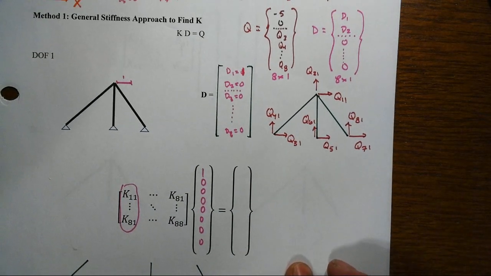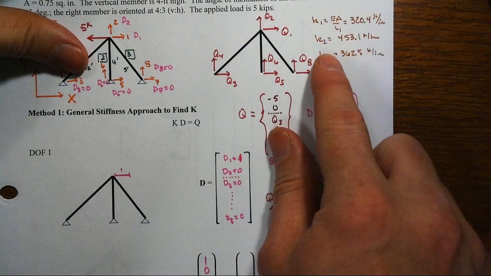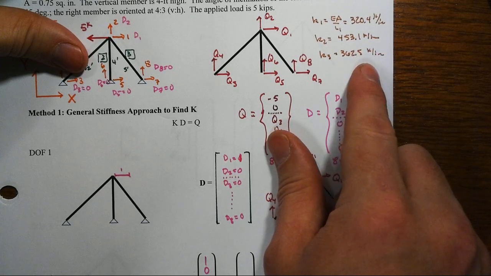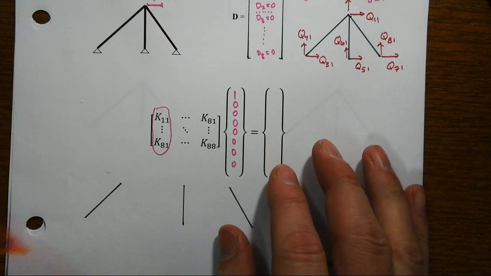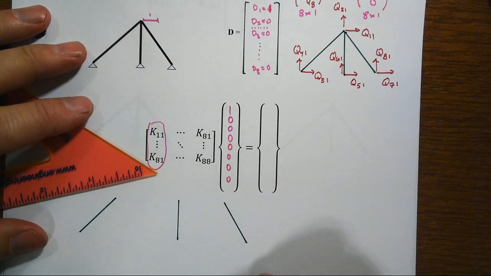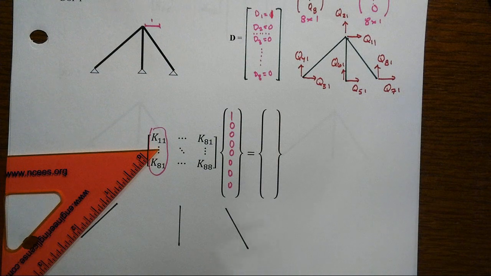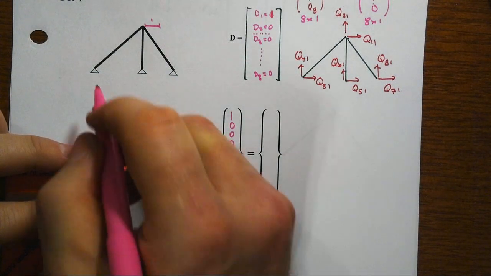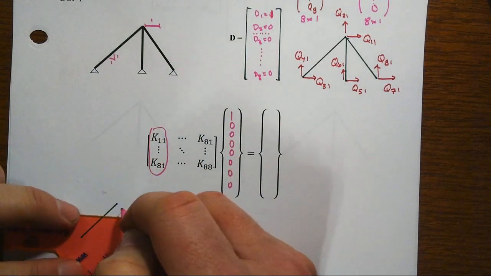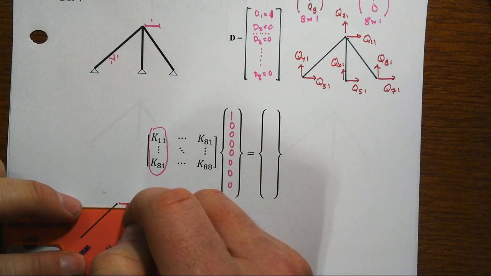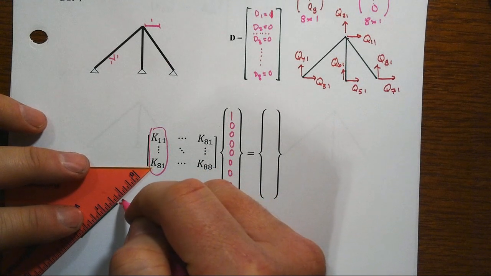Now the way that's going to work is we're going to want these axial stiffness values up here, the EA over L for each of the members: 320.4, 453.1, and then 362.5 kips per inch. We're going to need all of that as we come down to deal with each of these 3 members. We're going to impose that displacement pattern, which means that, well, let's just work this out through gut feel. This is a one-on-one member, so 45 degrees. So if the member end here, corresponding with degree of freedom 1, moves 1 unit, its net elongation